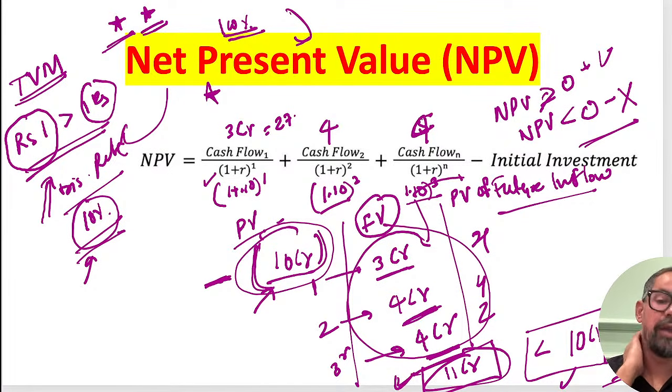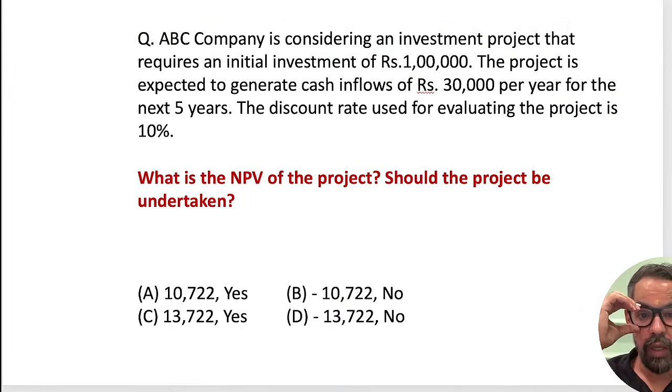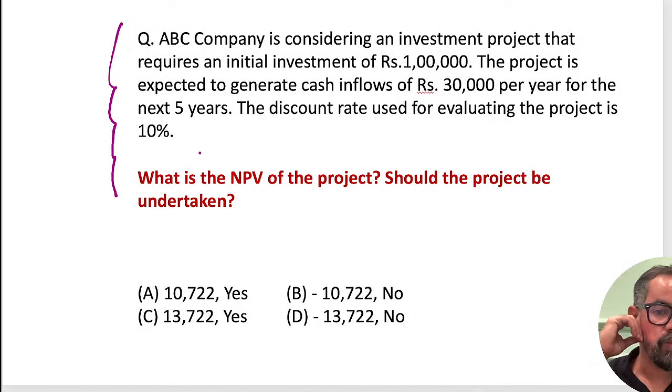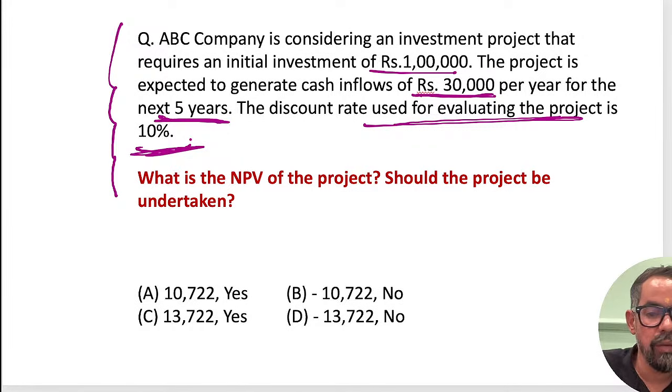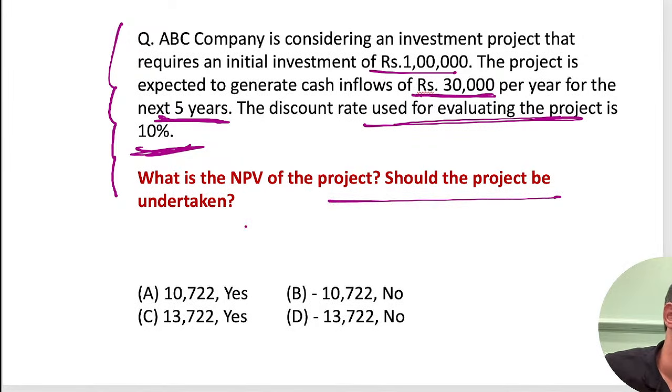Harshal sir, you got this particular one. Only Sakesh sir and Muniswamy sir calculated this one. This we have discussed earlier also. Let's quickly go through this. So investment 1 lakh. The project is expected to generate cash flow 30,000 per year for next 5 years, right? So discount rate which is 10%. The discount rate is already given. So what will be the NPV and what we should do with this particular project? Calculate कीजिएगा. हाँ, तो how you will calculate this one?